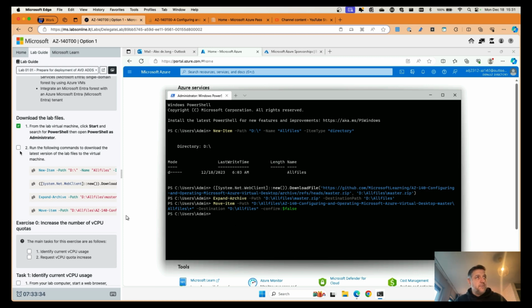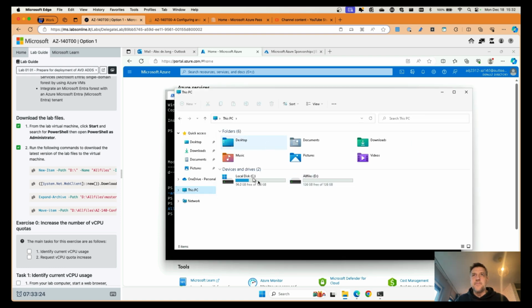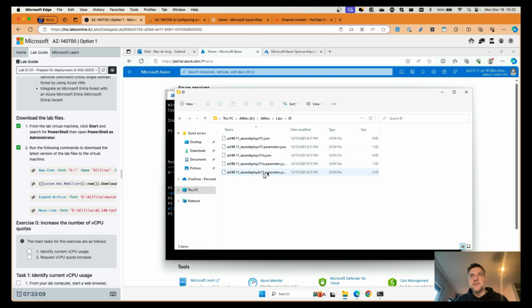The purpose of these first 4 commands is to get your lab files located in an allfiles folder on your D drive. Just to check, I've created the folder here, and in here you can see that we have created a couple of folders. One of them is called labs. Here we can see that we have a couple of files that we are going to use for the creation. For example, here we see a file called